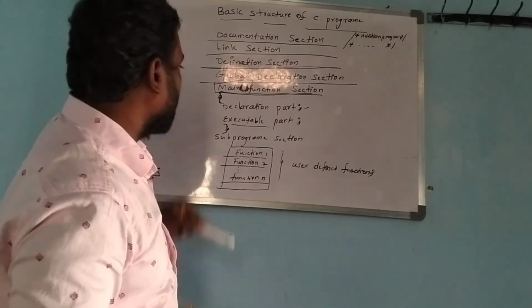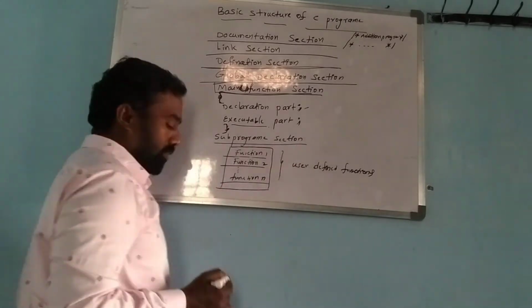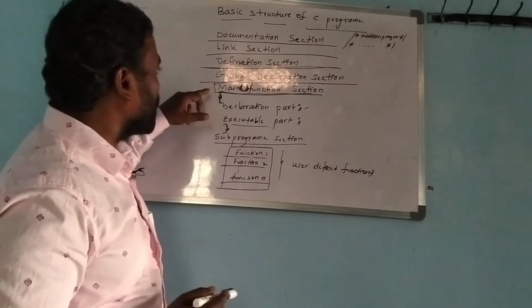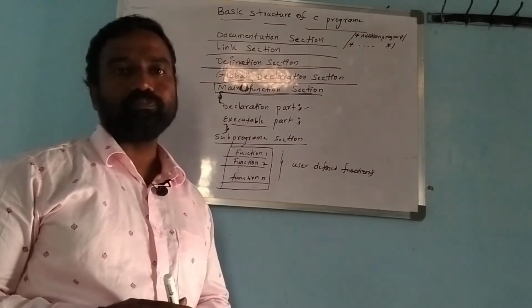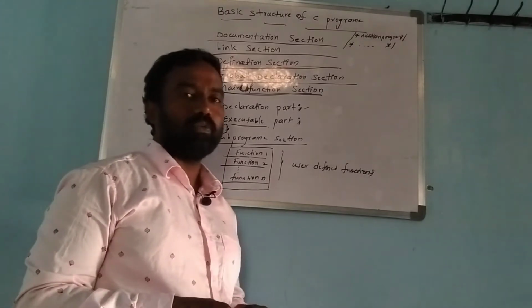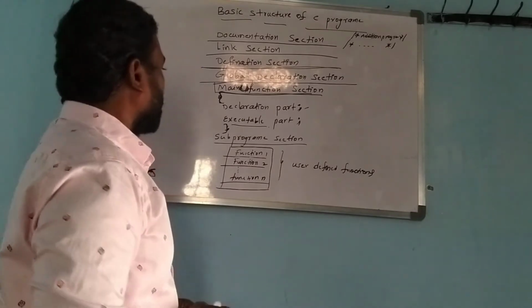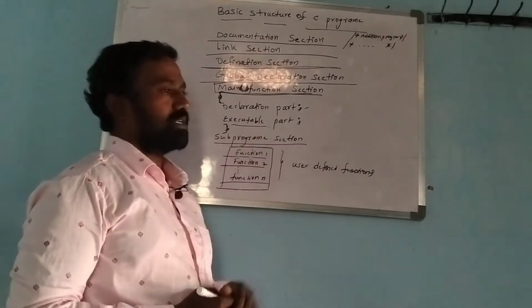So this is the declaration part, and one more section is there, which is called the sub-programming section, okay. By using this main function with open and curly brackets, we can write a simple C program, execute it, and get some result related to that program. But after the main function closes, the sub-programming section is also available.